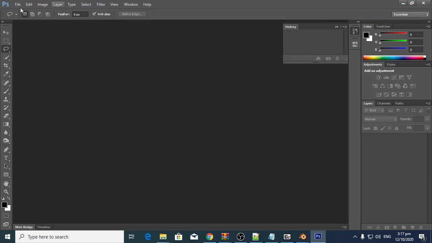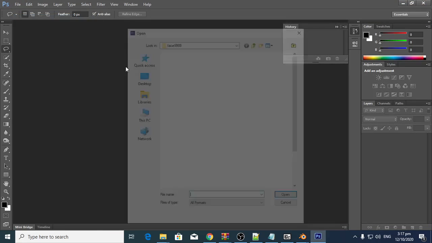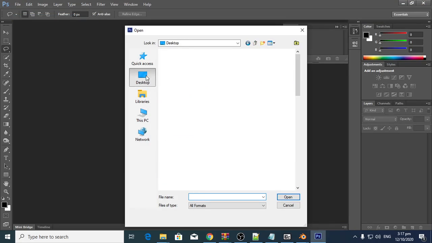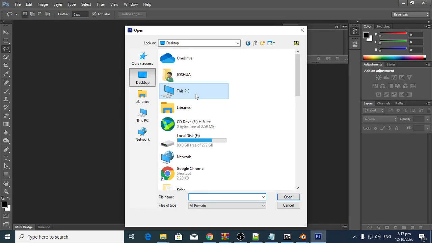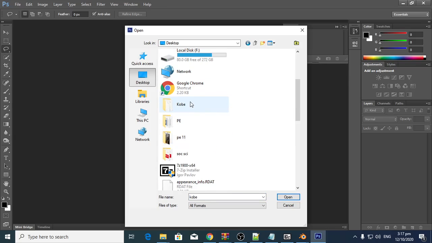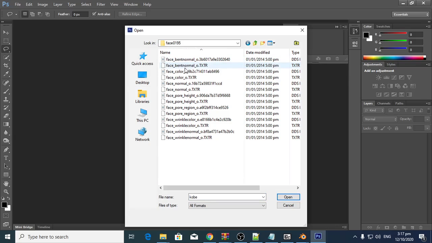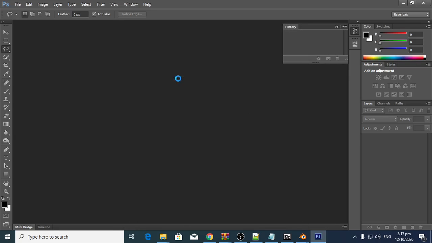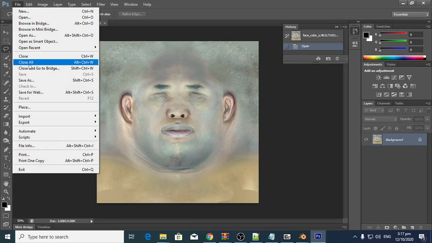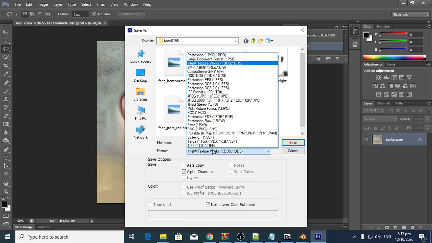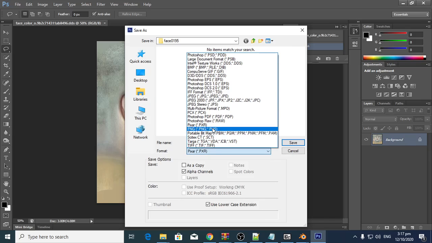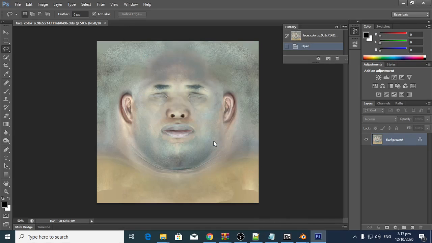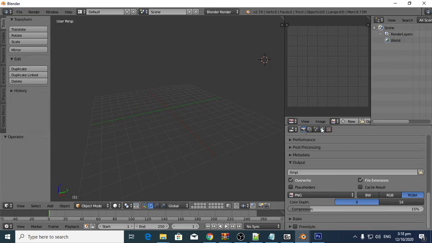So open the desktop, Kobe, face color, save as PNG, and open Blender. You can see this here,